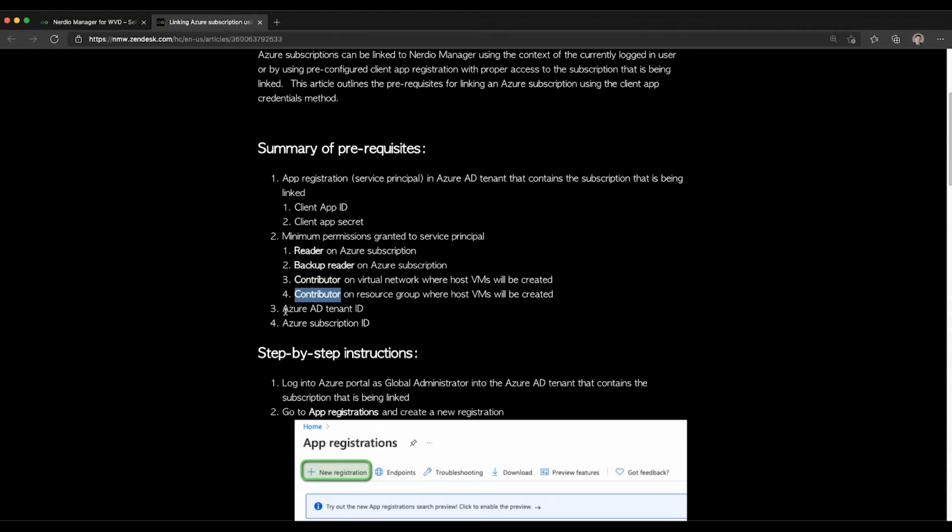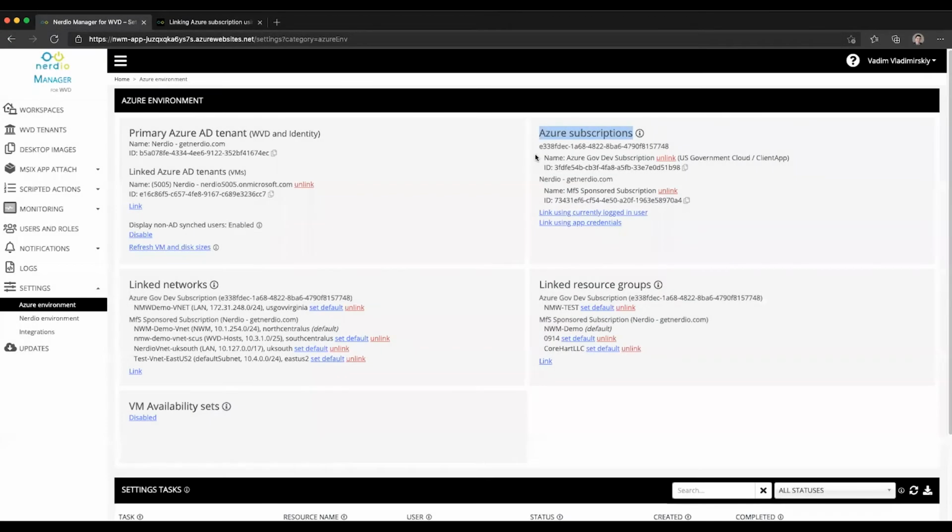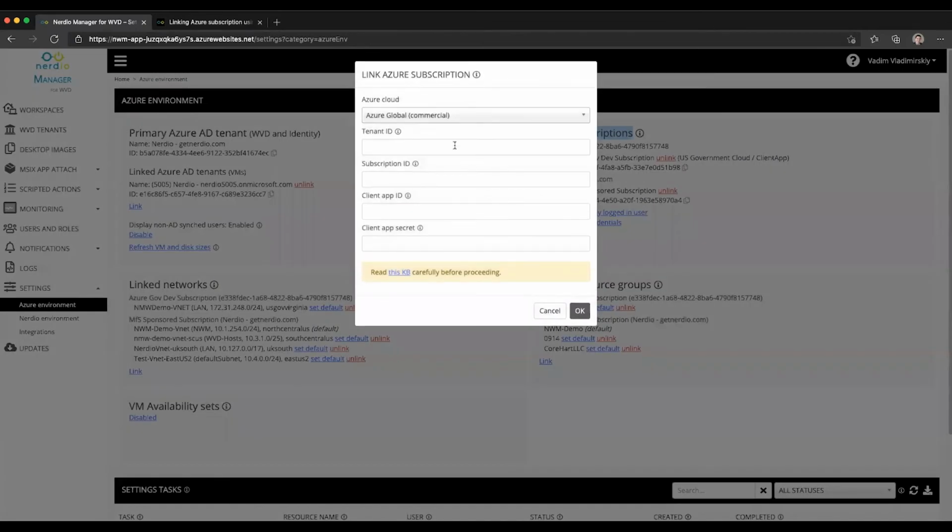You will also need to know your Azure AD tenant ID, which is found on the Azure Active Directory overview page in the Azure portal, as well as the subscription ID. So again: client app ID, client secret, a certain set of permissions, Azure AD tenant ID, and the Azure subscription ID. Once we have this ready, all we need to do is click on link using app credentials, select the cloud